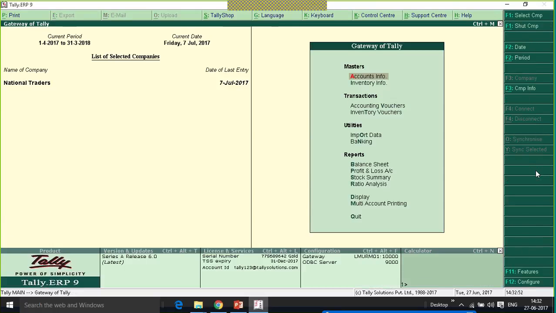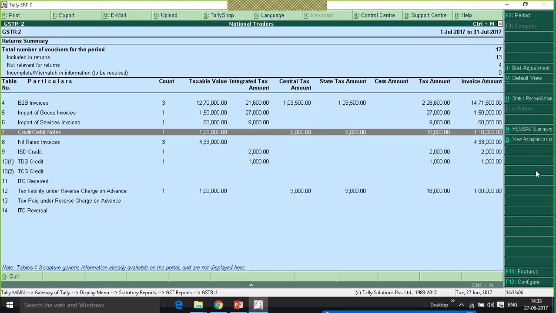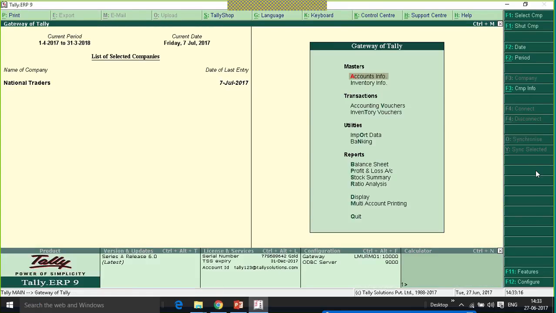So now we have made the advance payment to the party in the month of July, and we have raised the liability and also we have made the payment in the same month. If we receive the goods in the next month, August, let us record the purchase transaction in the month of August.